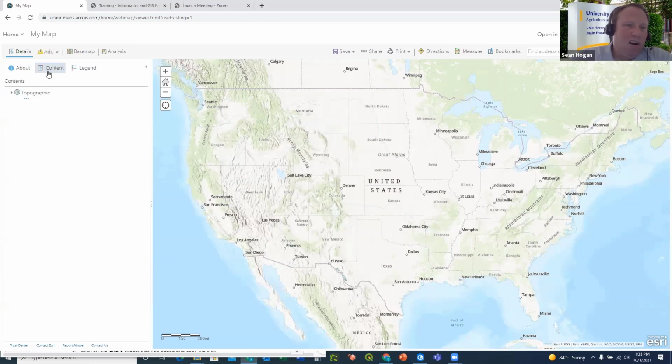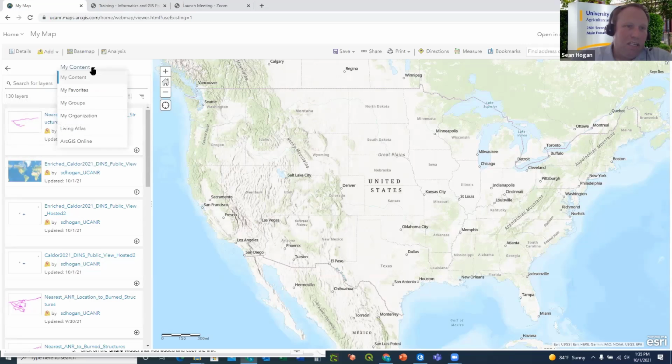We don't have any content loaded in yet, but once we do, we'll have some options that we can look at, and I'm going to do that right now. And we're going to revisit this. This is info only. We'll come back to this in the exercise. This is where I can add data either from an online source like Living Atlas, or for web accessible layers from your computer that you've already downloaded, as well as adding map notes, which will be in one of the exercise steps. For now, I'm just going to search for layers